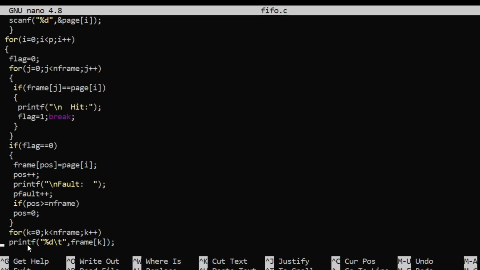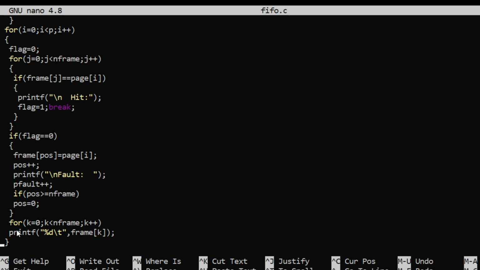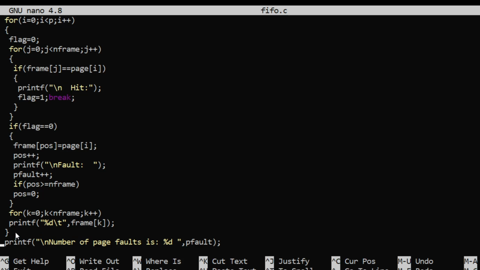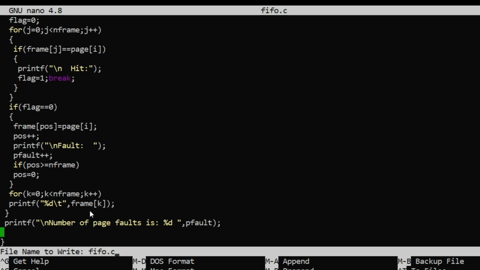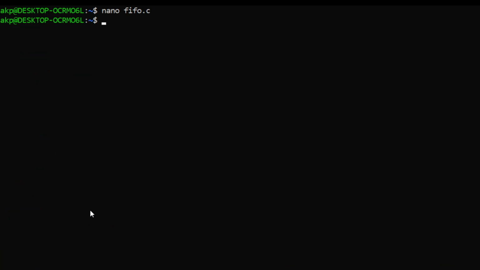Okay, next, that's it, the entire code is complete, and at the end we are just printing the final configuration. Okay, we are printing the frame array, that's it. So okay, let's execute the code. So Ctrl+O, Ctrl+X, Y. Okay, so now a dot out,